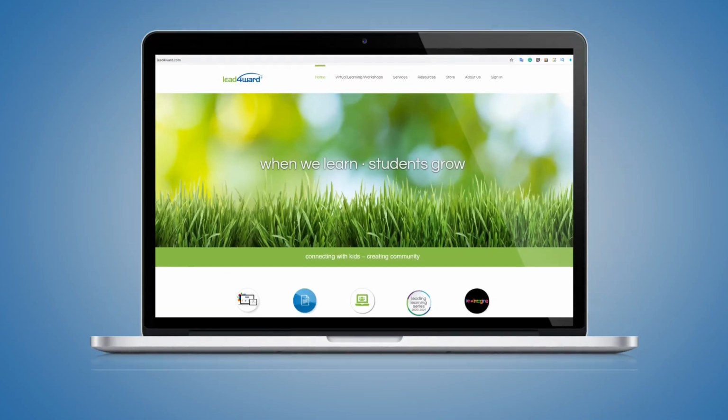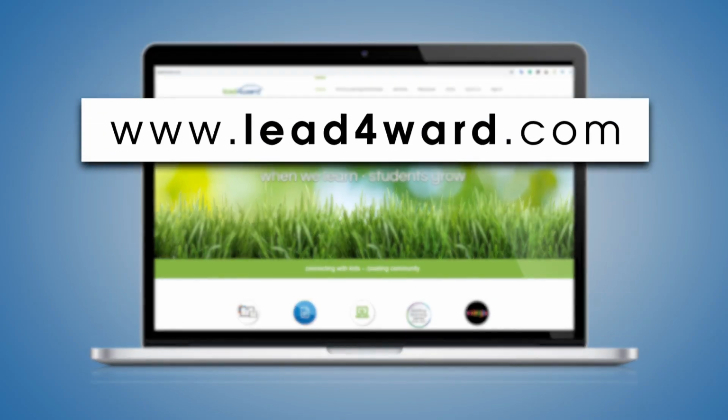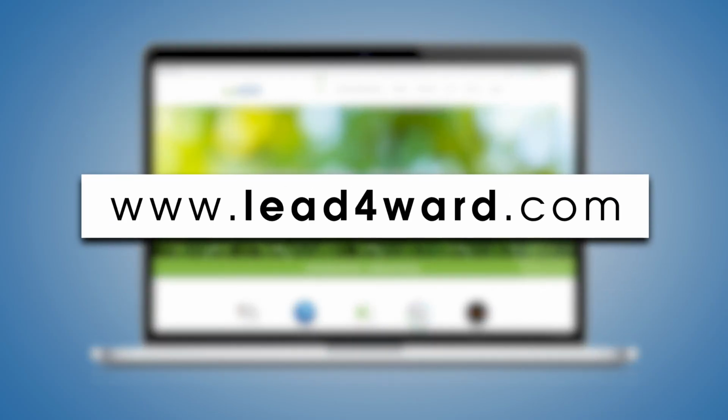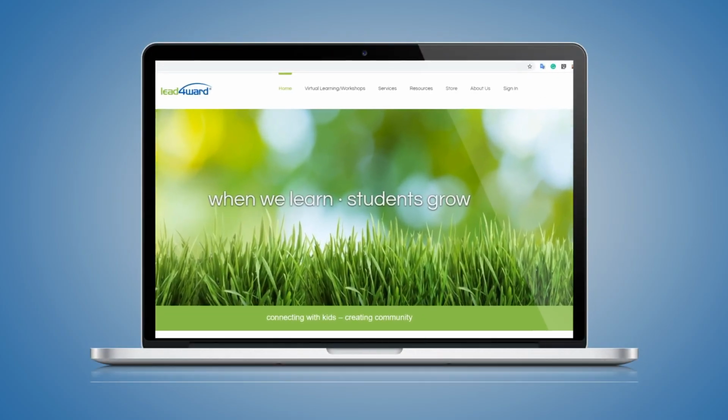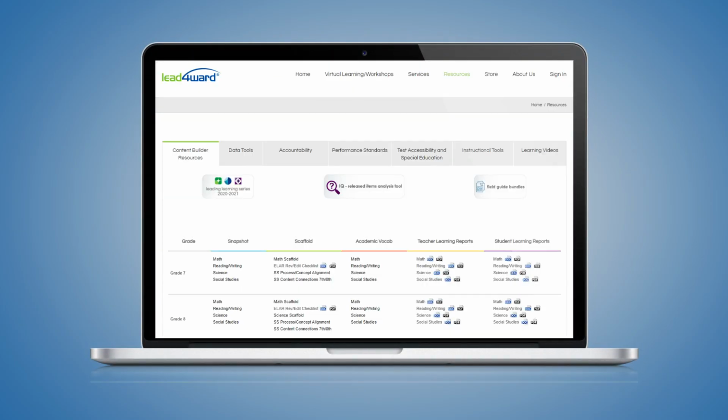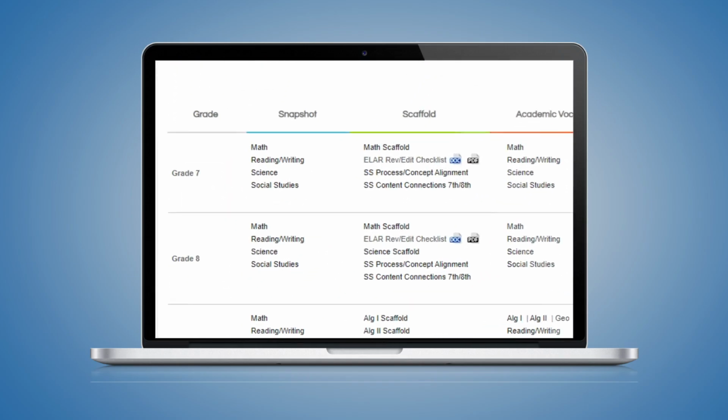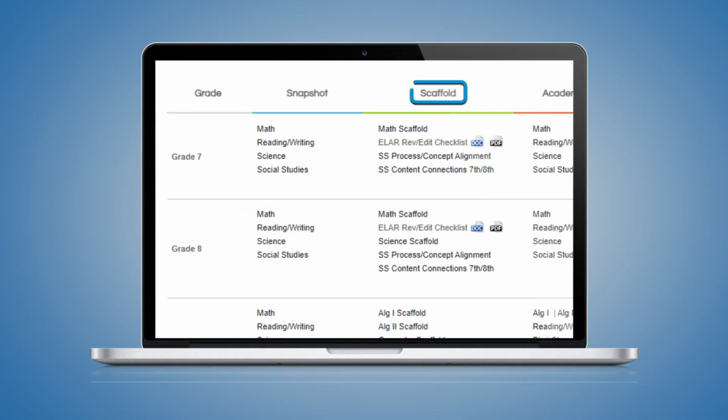To find the TEKS Scaffold, just go to our website at www.leadforward.com. Once you're on the web page, click Resources. From the Content Builder tab, you'll find the scaffolds in the third column. As you scroll down through the grade levels, you will notice that there are several different types of resources in